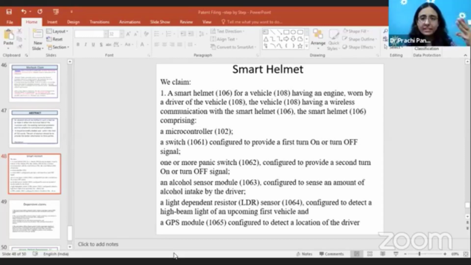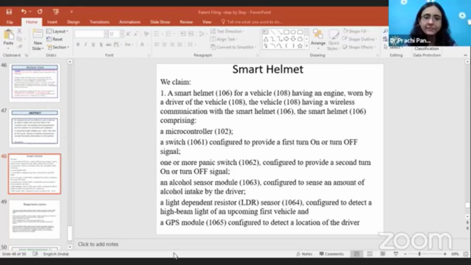Those three objectives are actually determining all the claims, and all the claims are written as a single sentence in the independent claim. Now elaboration will be done in the dependent claims one by one. You can see the second claim says, smart helmet as claimed in claim 1 further comprises this particular component; they have elaborated what they have done.